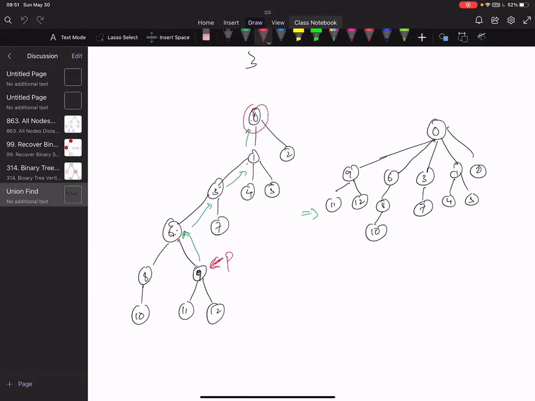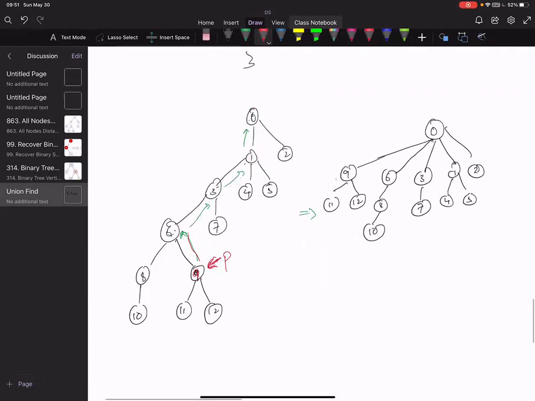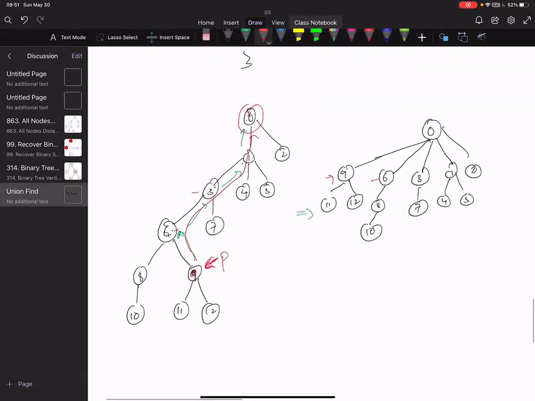Then we again start from P and going this path, and each node that comes in the path, we are changing its parent to whatever P's parent, 0. So first node is 9 itself. We change 9's parent right here. Then come the next node 6. So 6 we make it child of 0. Then 3 also become child of 0. Then 1 is already there, but yes, in our code we keep going till we reach 0, right? And that is what we are doing here. Okay, so that is one implementation of path compression.